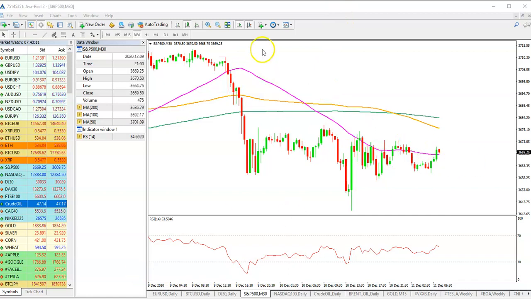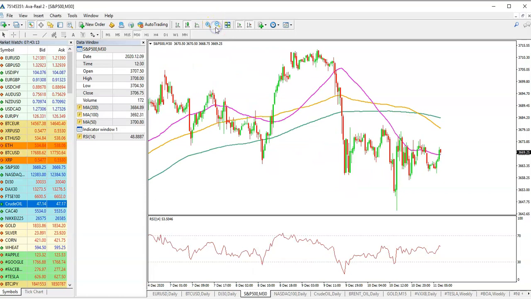Now, if this particular move remains above the 50-day simple moving average, as it happened right around this particular price area, then we know for sure that we could see a big bull market as well. So we could see the same sort of price action. So let's put two things together.